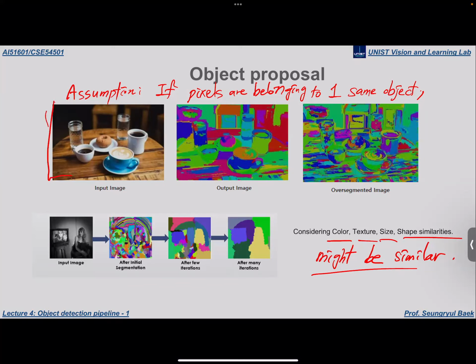So in an image, there are a variety of pixels, right? Let's say if the image size is like this, then there are over how many? 300,000 pixels within an image, right? And if two pixels belong to one same object, they might have similar color, texture, size, and shape, right? So, okay, using this prior knowledge,